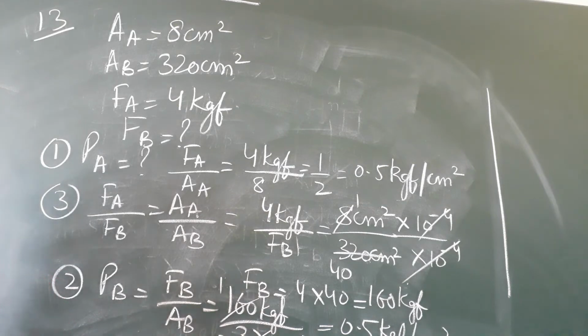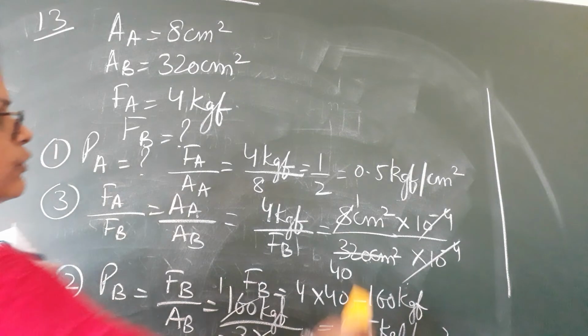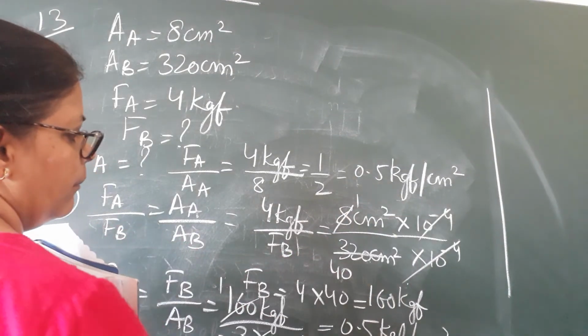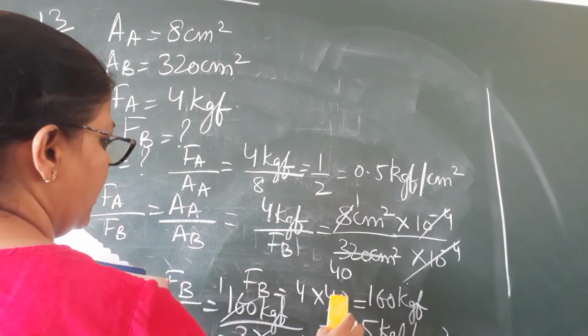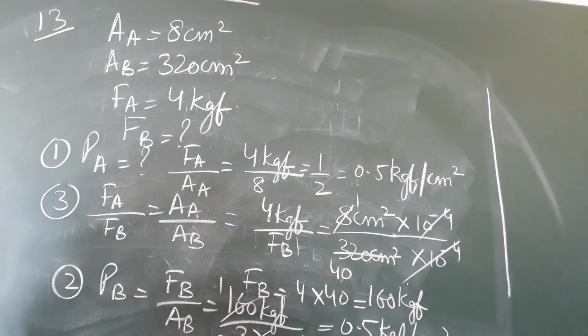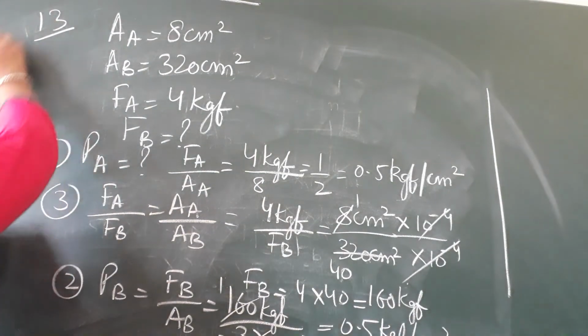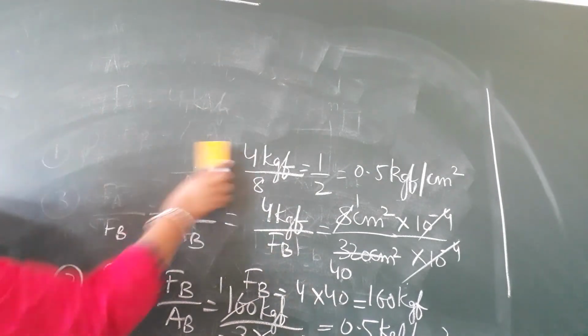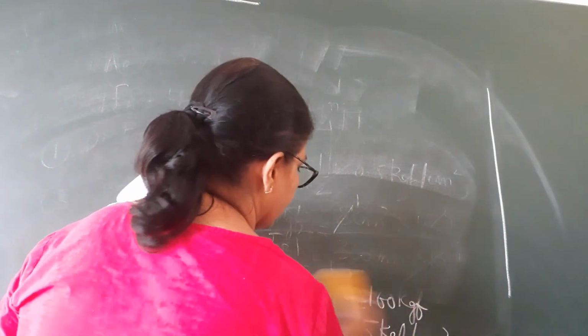Please have a look. And then I move on to question number 14, which is the last numerical of this exercise. Children, have a careful look at the numerical and try to understand how I have used the formula. Every time I am using the principle of hydraulic machines, I am taking care of the conversions wherever required. In this case, you can see I haven't done the conversion. But in this case, where I needed to find out the answer in kgf, I did the conversion. Is that clear, children? Now we move on to the last, and that is the 14th numerical of this exercise.